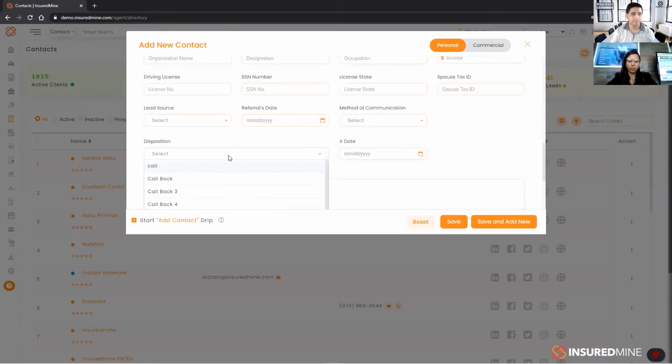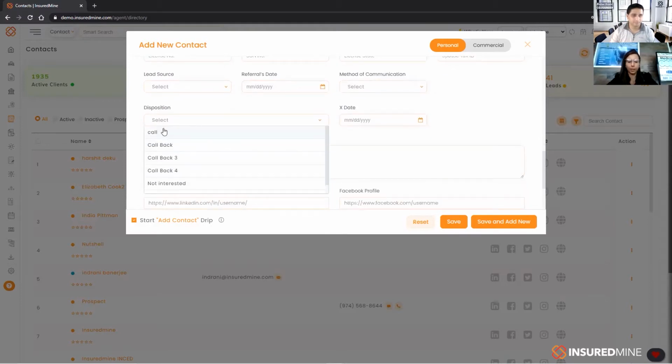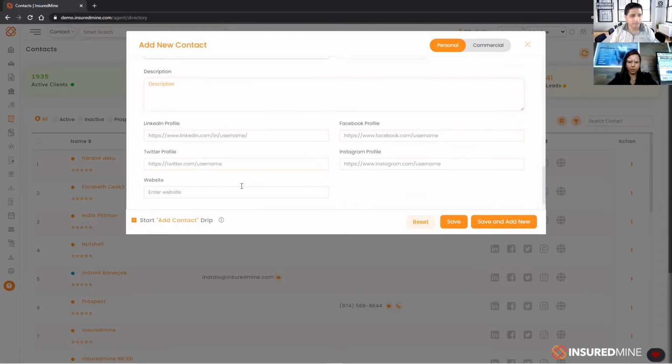Disposition. So here you can say if it's a hot client, a good number client, if the client is from a call, Yelp, you can add that. And we'll show in a second how to add your dispositions as an admin. Okay. All right. So these are basic information we add, and we click save and new if you want to